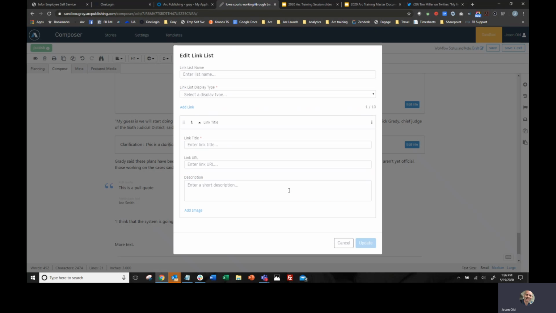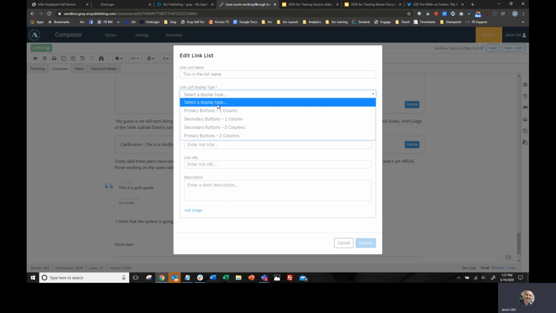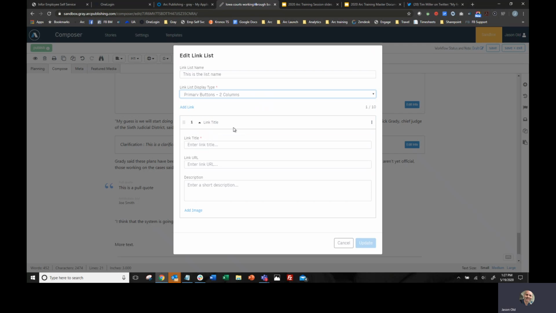And link lists are only available right now to the clickability stations that are moving over to ARC. If you're a legacy Raycom station or a legacy ARC station and are seeing this and wondering why you don't have it, it's part of the new stack and you will eventually have it. So in this case, I'm going to go ahead and say this is the list name. I'm going to choose primary buttons, 2 columns, and I'm going to put a link title here. I'm going to put a URL in, short description,